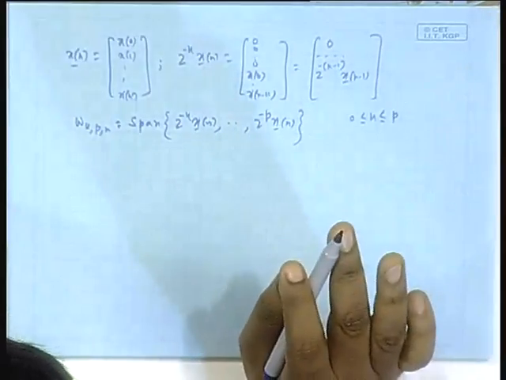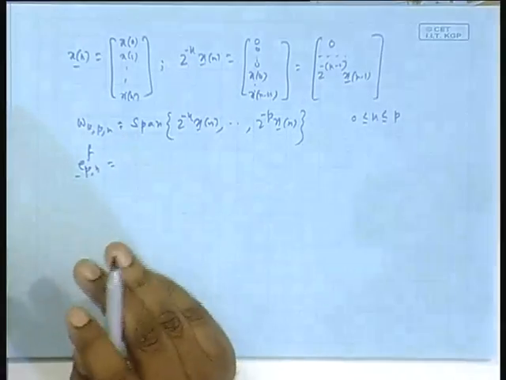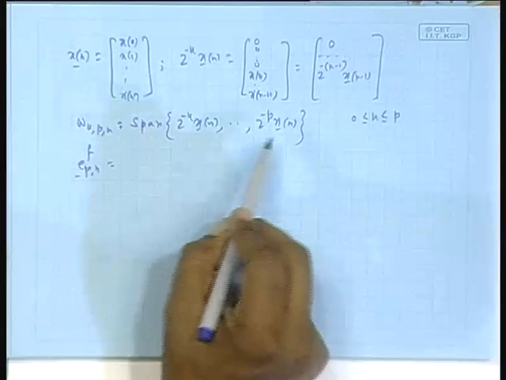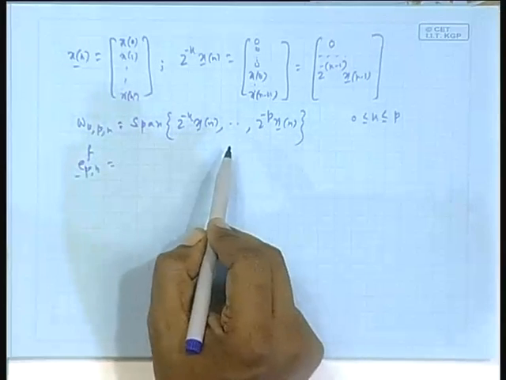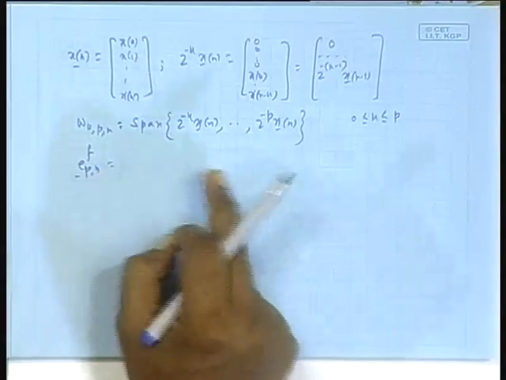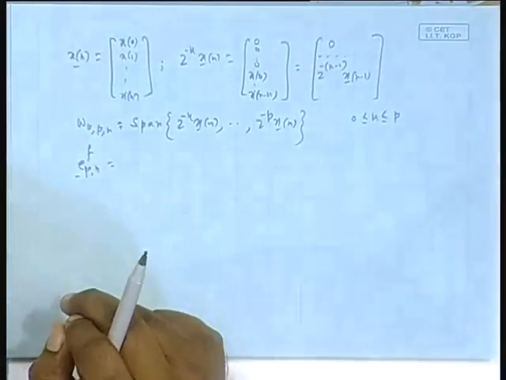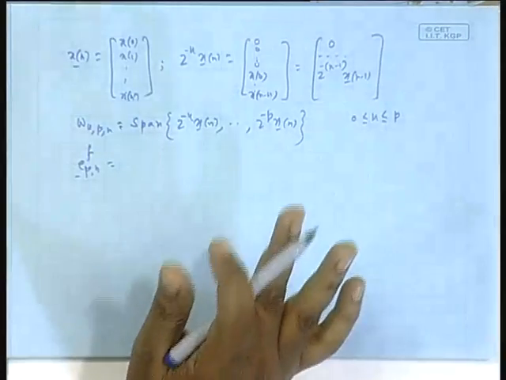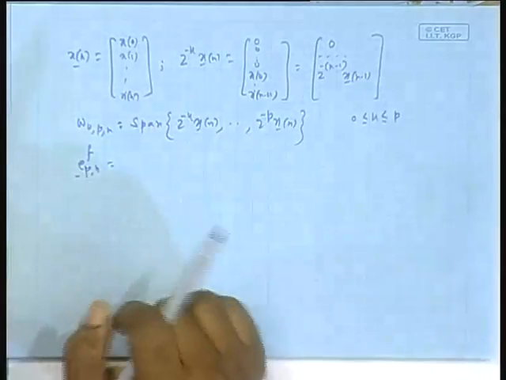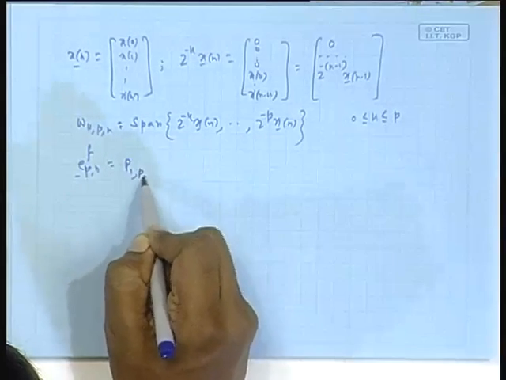Okay. Then we defined E p n f, the forward projection error vector, that is, x n projected orthogonally on the space spanned by z to the power minus 1 x n up to z to the power minus p x n, the past p values at each index n. Those data samples are linearly combined and subtracted from the current data sample to give the error. Those errors are squared, summed with a weighting factor lambda, and minimized. That gives rise to the optimal filter coefficients, or predictor coefficients. Then using those coefficients, you combine them and get a vector. That is a projection; take the error, that is the error. That is the meaning of this. So, that was 1 p n.